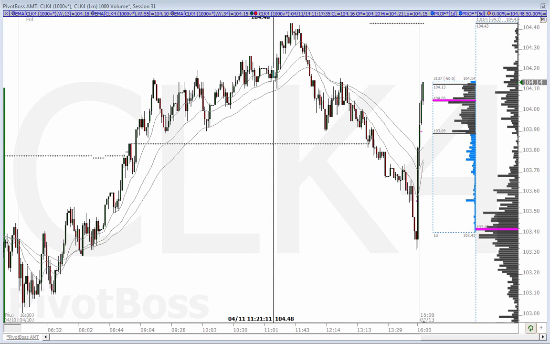It was very difficult to see this order flow the way it was before, but with the advancement of technology and the footprint chart, you're now able to see this real-time auction take place in the market, and that's what helps you identify the best opportunities in the market.